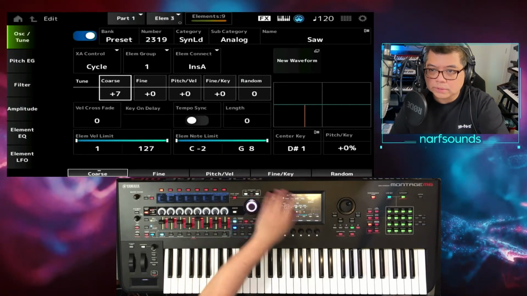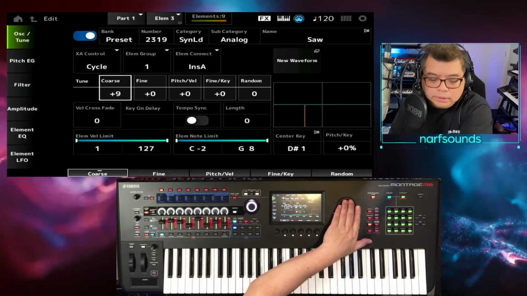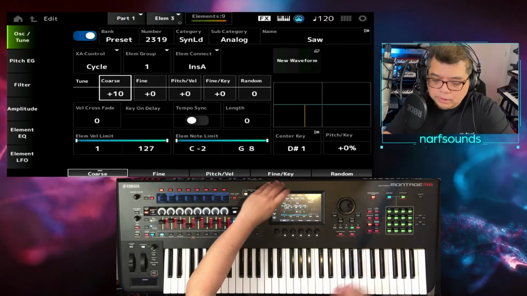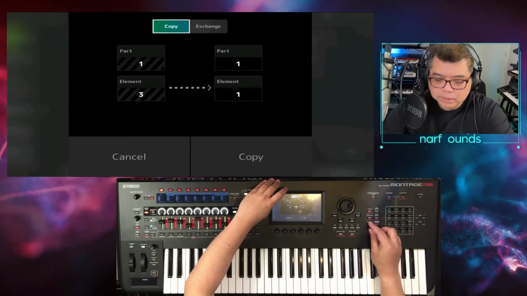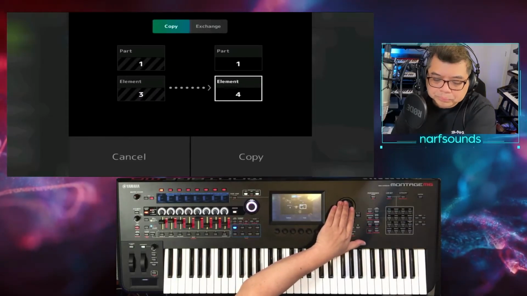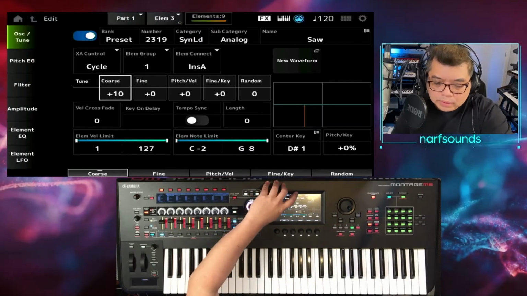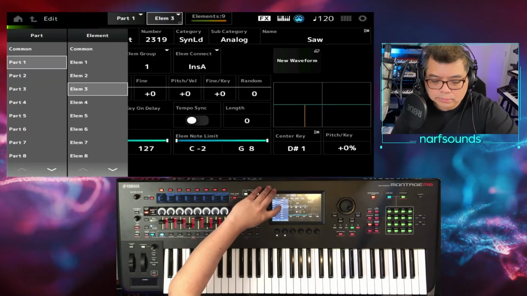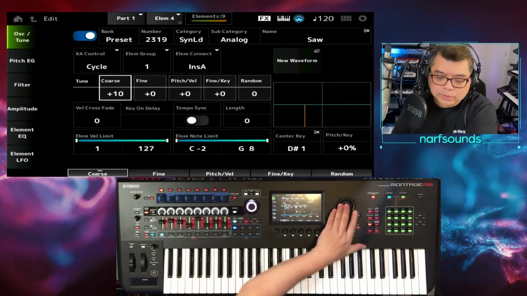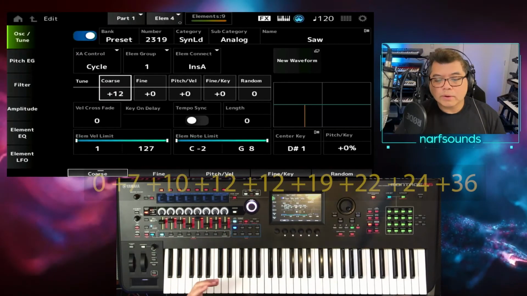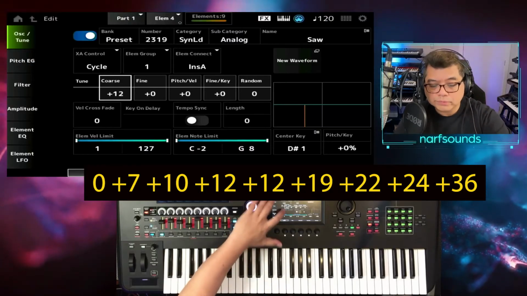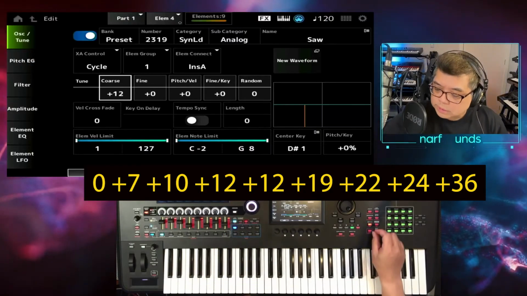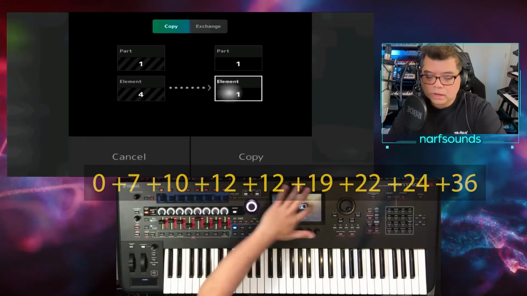and the next course tuning is 10. Change that to 10, and once that's done, I'm going to copy element 3 to element 4. Copy. And now element 4, I'm going to choose that and change course tuning to 12. Now element 4 to element 5, both values are 12, so I'm just going to press Shift, Edit, copy 4 to 5,